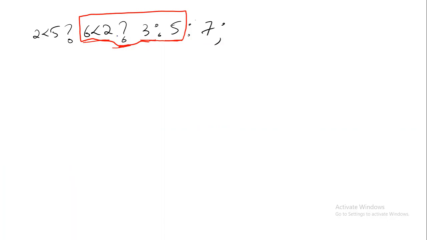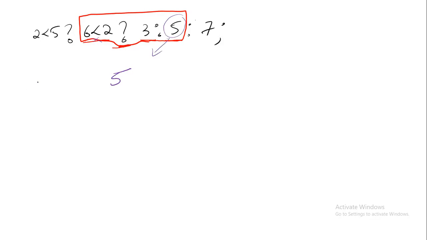Is 6 less than 2? No. If the condition is false, then what is the answer which is returned? Yes, 5 is returned. You have to erase whatever there is in the red color and write the answer, 5. So in place of the big expression, you reduce it to a smaller expression, because the false value is given here. Other operators should not be touched. You should keep them as they are.